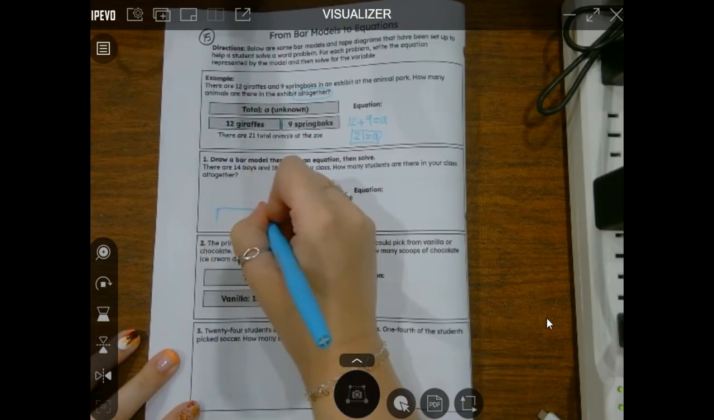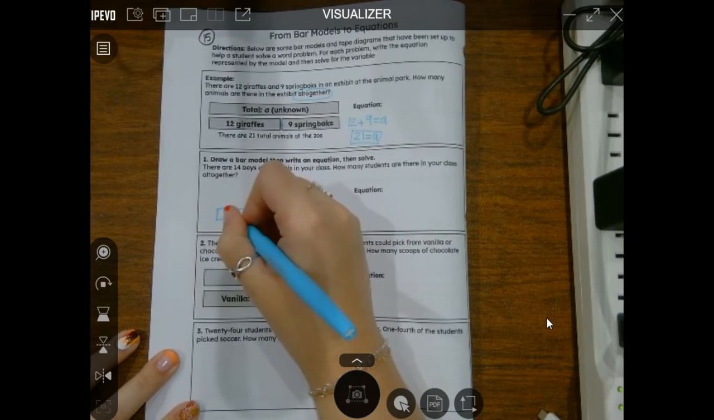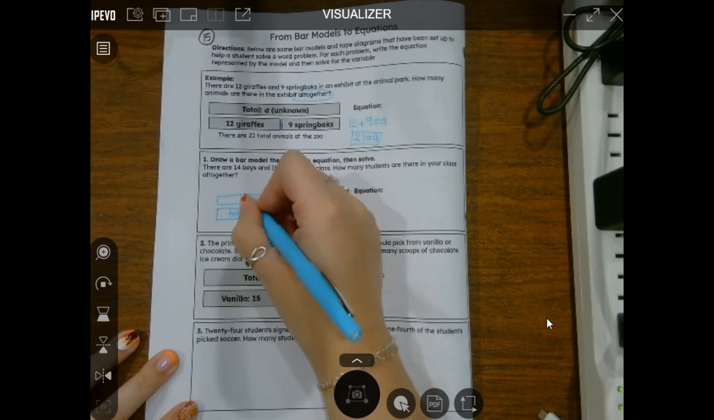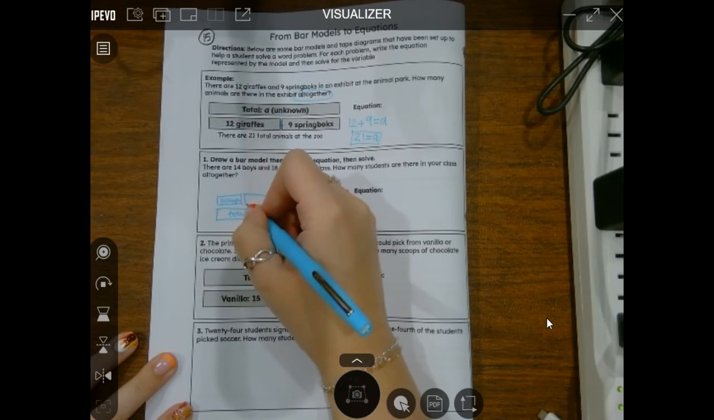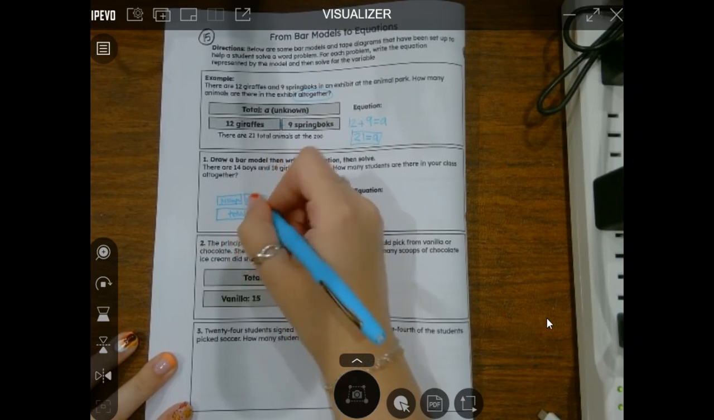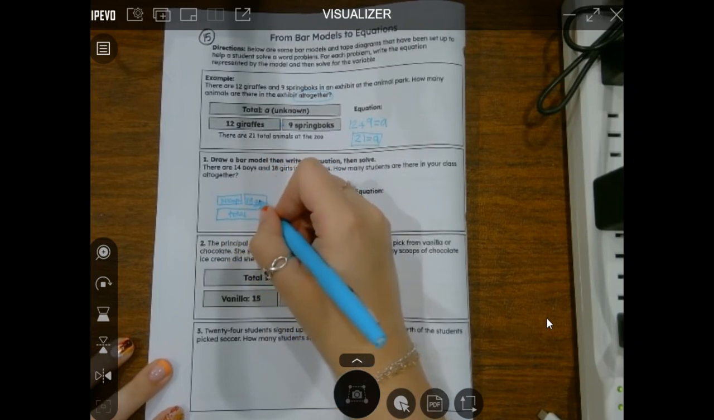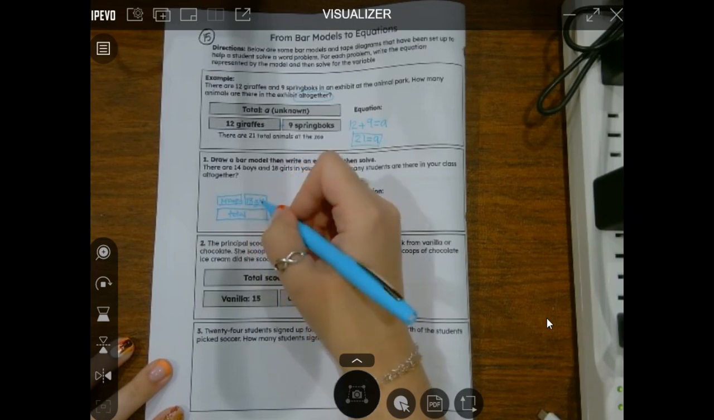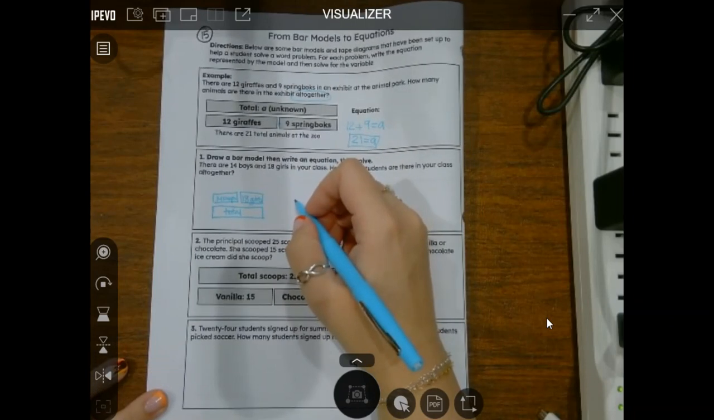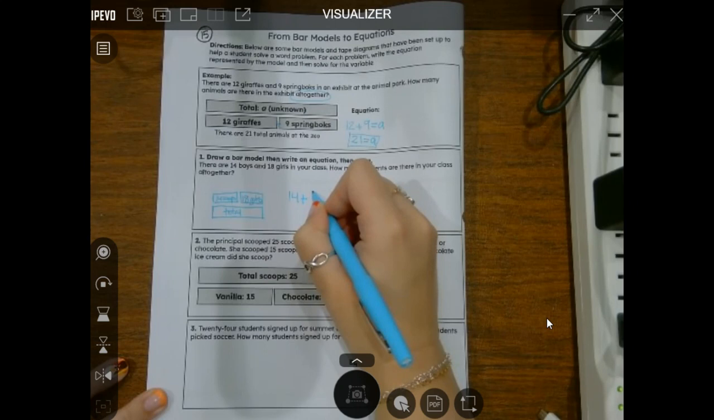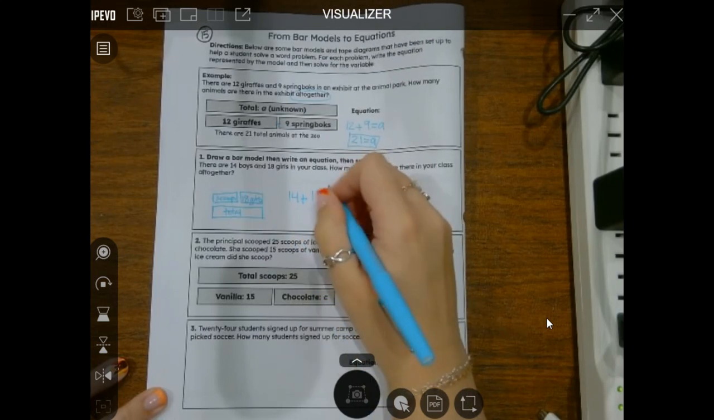So I have some total. Do we know the total? Nope. But we do know that there's some amount of boys and some amount of girls. How many boys? 14 boys. And how many girls? 18 girls. So together, the amount of boys plus the amount of girls are going to equal the total. So right here, I have 14 for the boys plus 18 for the girls, and that's going to equal the